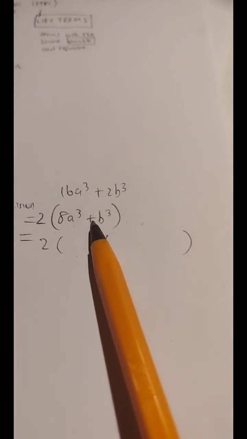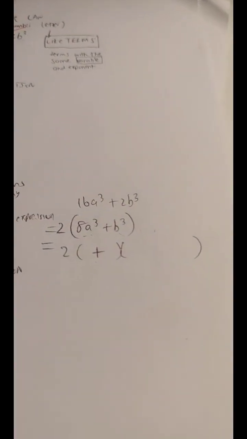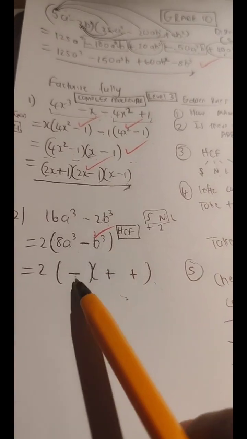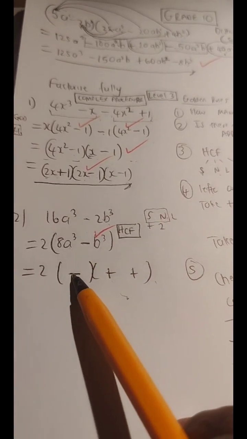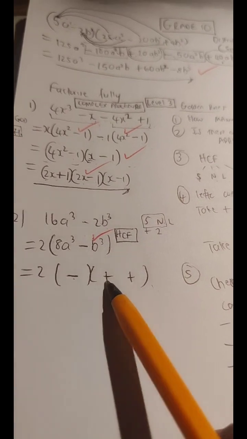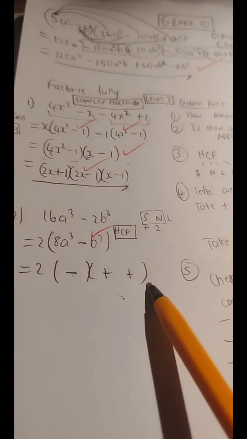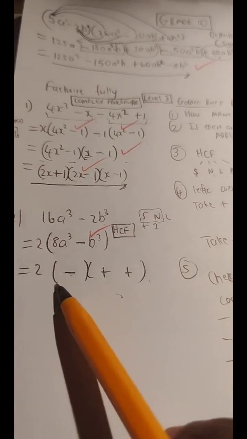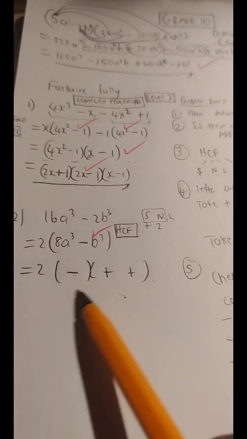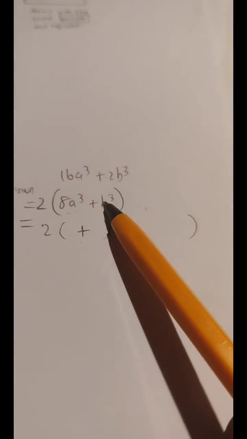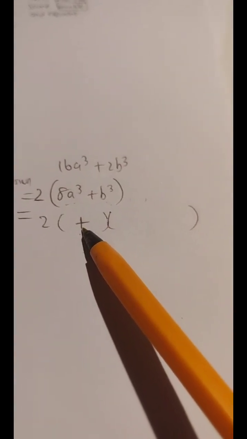So the sign combination, if it was a sum of two cubes, since this one is plus, this is also going to be plus. Okay, remember I said to you guys that if this is minus, then the first bracket is going to be minus, but the sign combination for the trinomial is plus plus. It's always the case, guys. It doesn't change. It's always the case for all problems at all times. It never changes. Now, if we had a plus, the sign combination works this way.